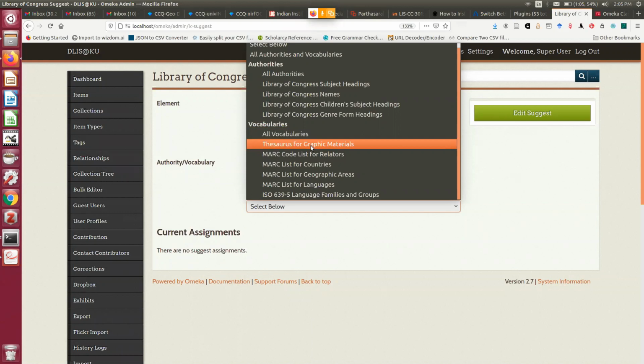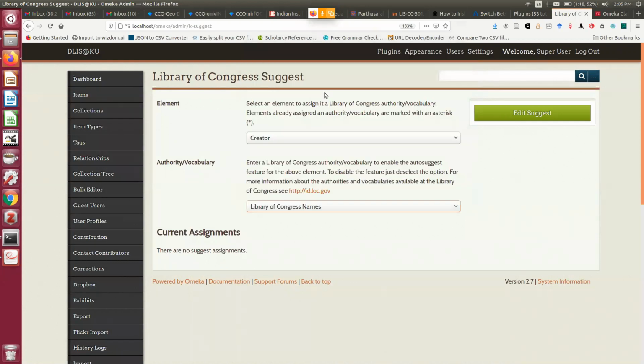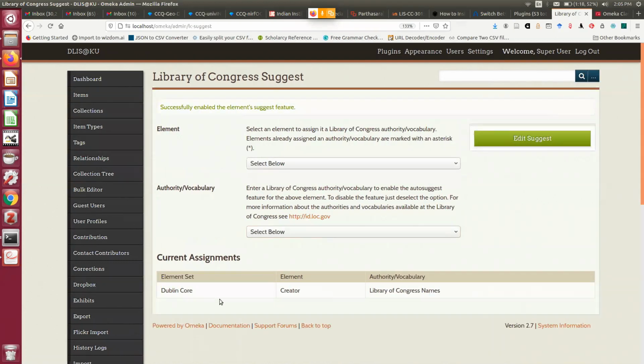Thesaurus for Graphic Materials, PGN, MARC Country, Geographic Area, Language, and so on. So dc.creator, as we can understand, can closely be related with the Library of Congress Name Authority File. So I'm selecting creator to be linked with the authority vocabulary like Library of Congress. Now click Edit Suggest. So one current assignment is added. Previously it was blank, now one is there.